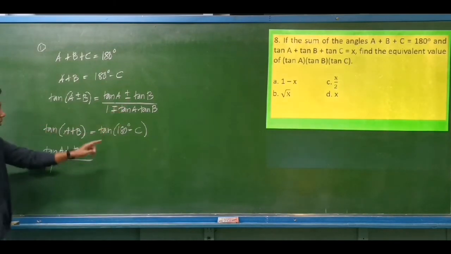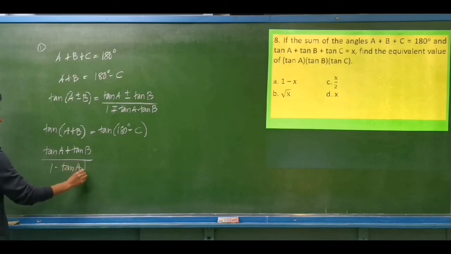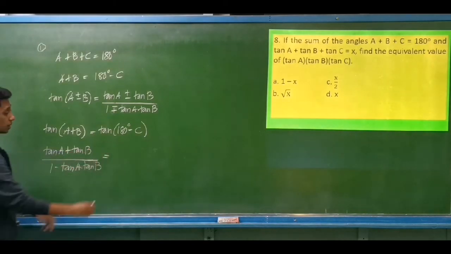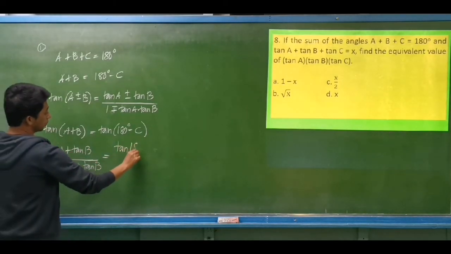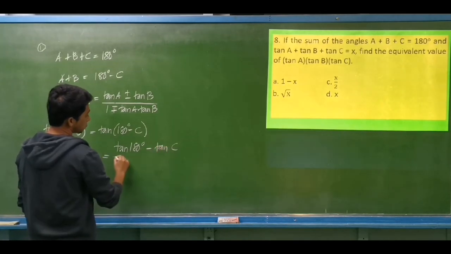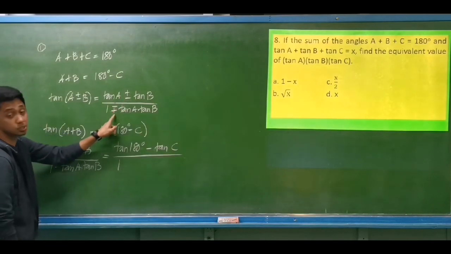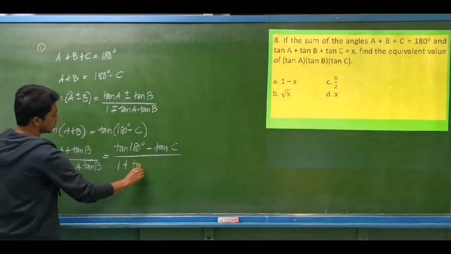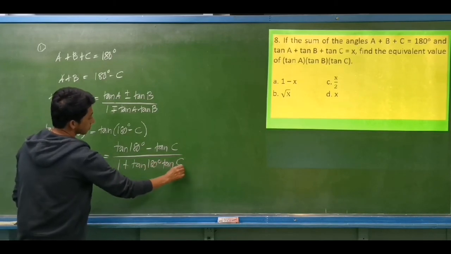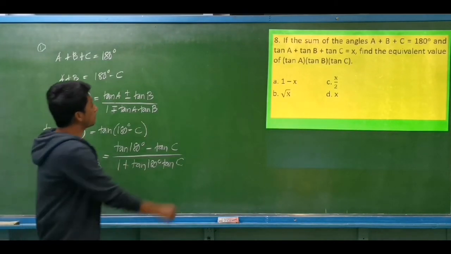So kapag plus sa taas, minus sa baba, tangent of A, tangent of angle B, is equal to, expanding natin ito, the tangent of 180 degrees minus tangent of angle C, this is divided by 1, kapag minus, plus sa baba, plus the tangent of 180 degrees, tangent of C. Okay, hopefully kaya nyo i-apply yung identity. Okay, then to simplify,